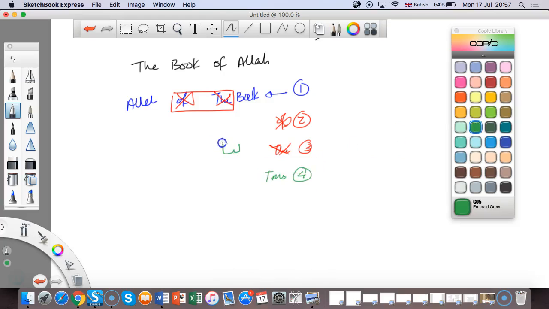Remember, whoever said al-kitab, why did they make a mistake? Because they didn't cross out the "al". Yeah, they didn't cross it out. Kitab and Allah. Okay, and number 5,